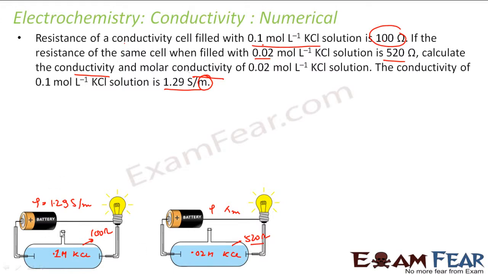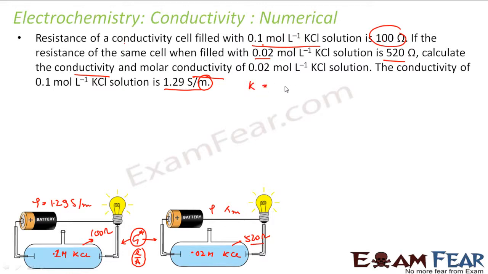So one thing to note is, since they are two same conductivity cells, one thing that will be common in both is the cell constant. It will be the same for both, this cell constant, that is nothing but L by A. So if I can find the cell constant for this cell using these values, the same cell constant I can use in this cell to find other values. Correct? So I know that